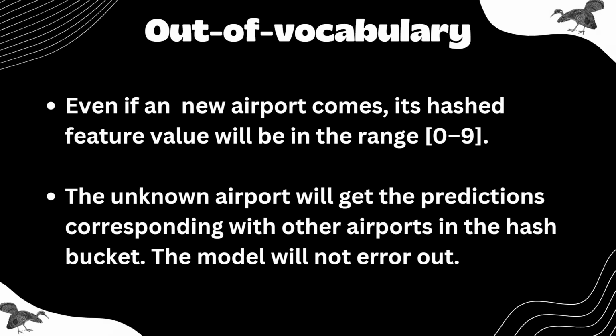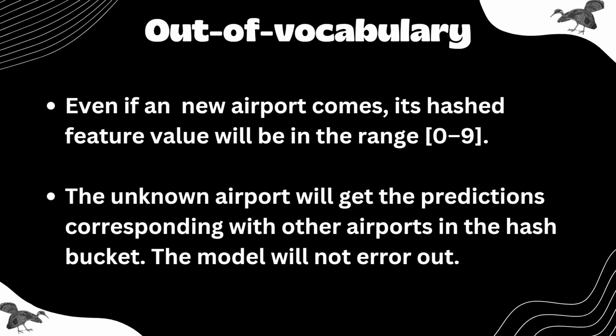And if you recall, even if an airport is missing or occurs less often in the training data, when you tell me during inference that a new airport is coming up, the hash function will assign it to one of the existing buckets, no matter what the input is or whether it was seen before. In the end, the new category will fall into one of the existing buckets, and the application will continue running,